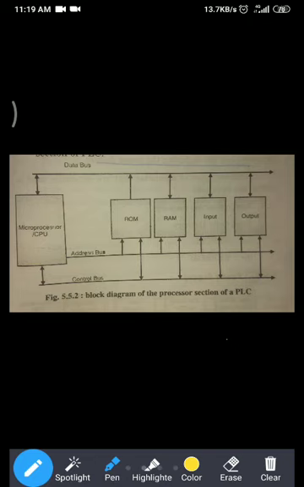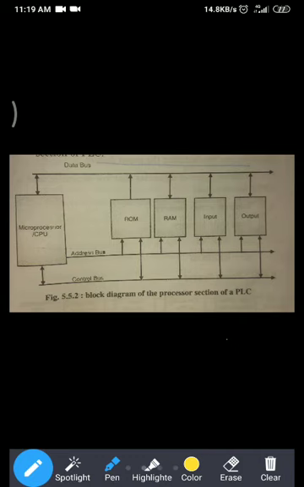Now the second unit is the memory unit. As we know, the memory unit contains 2 memory parts, that is, data memory and program memory. The main memory contains program memory, that is, the instructions on which the CPU is going to execute the program. The program memory contains the instructions which use the data stored in the data memory. So program memory and data memory, 2 types of memories are there in the memory unit.